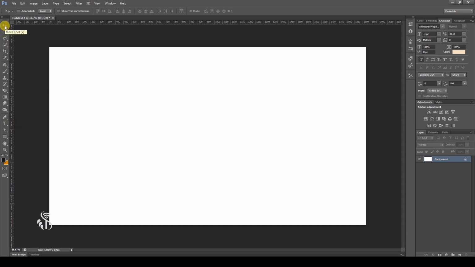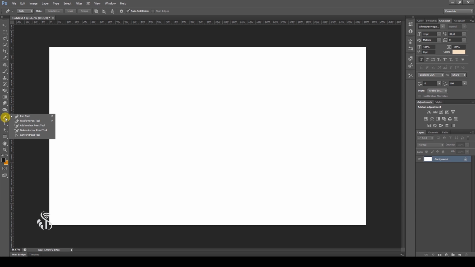Drawing tool. Now let us see how to use some of the drawing tools that are available in Photoshop. Pen tool. The pen tool is used to create a vector path which can later be converted to a selection. The necessary changes can be made in the selection. The pen tool can be used to easily select an image too.